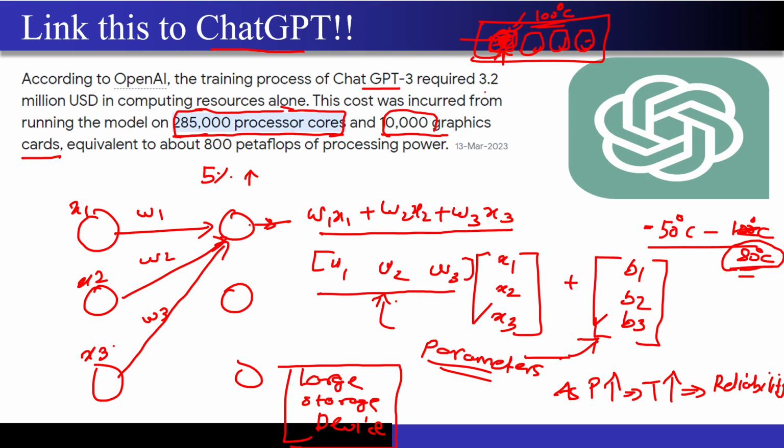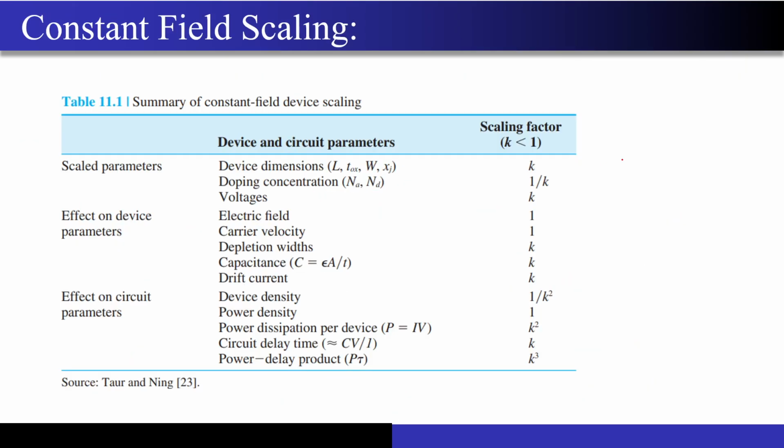And how much does it cost OpenAI to train a model like ChatGPT 3? It cost them around $3.2 million in the computing resources alone, because they wanted to use such a huge computing power over here. Correct? So that's why I was telling you, when the performance from node to node improves by 10 or 15%, if you calculate its effect on such a model where it is using 2 lakh processor cores as well as some tens of thousands of GPU cards, it will be humongous. Just do the cost analysis, you will get the number. Okay, I hope till this point it is very much clear.